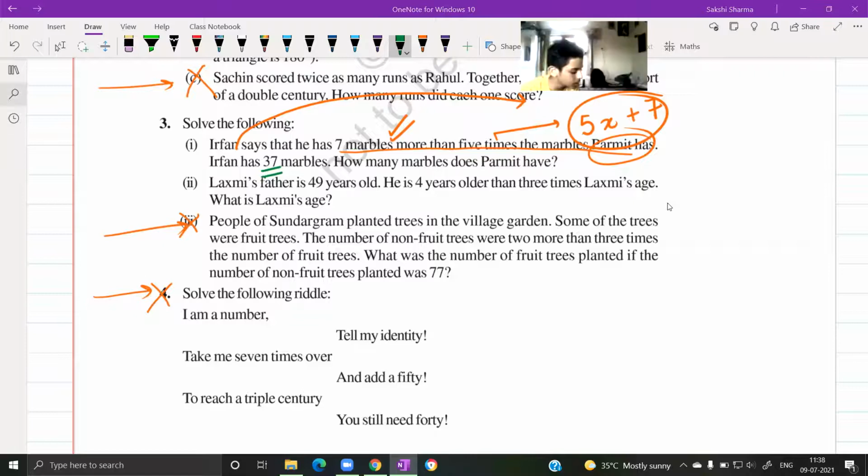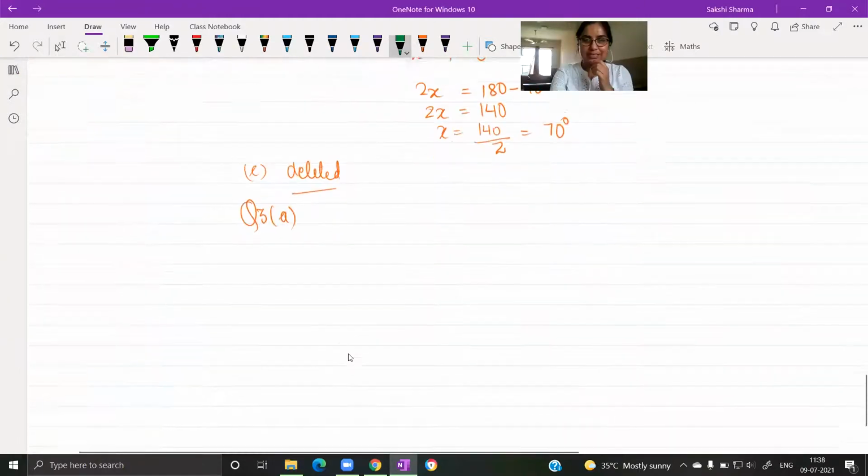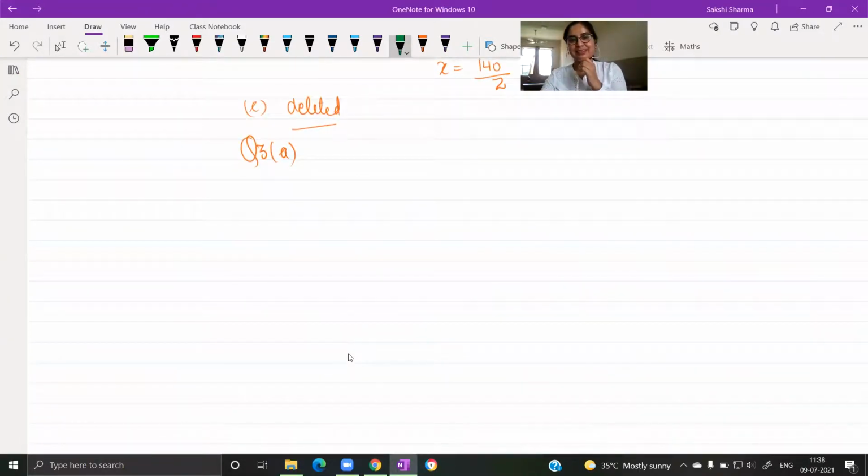And this question is in the exercise 4.1, same to same parts. Yes, first two, it's same to same. Yes, I know, we have to answer the question. Numbers are also same. Yes.